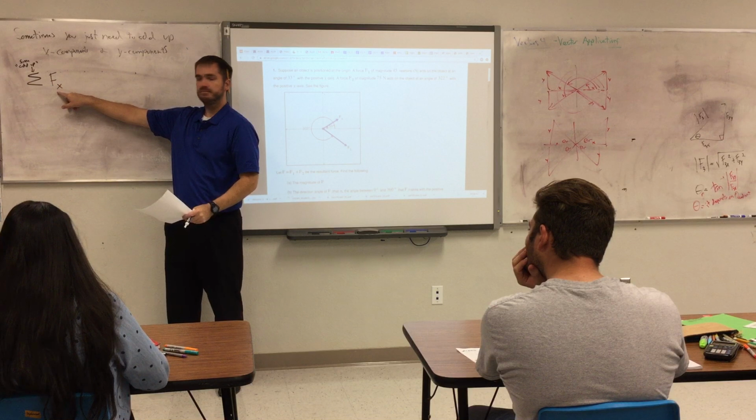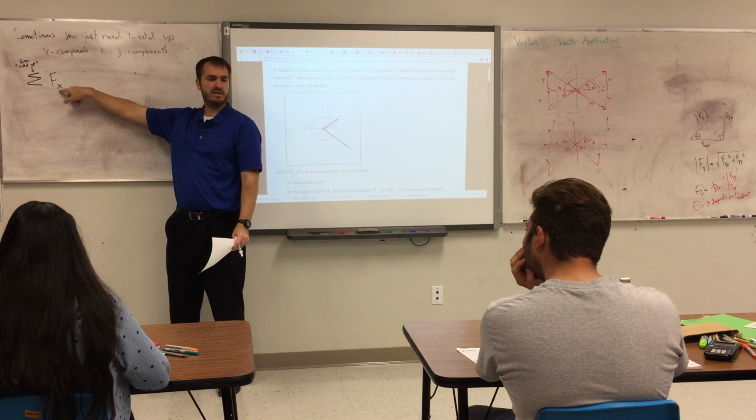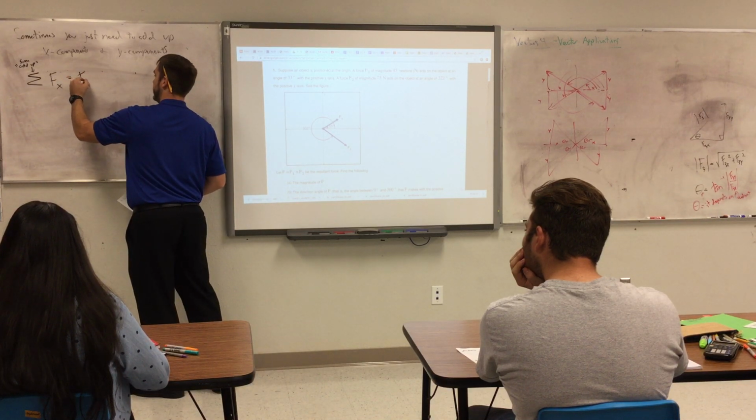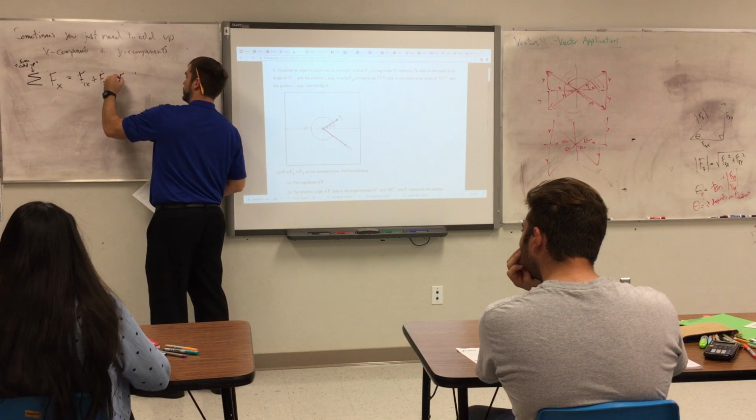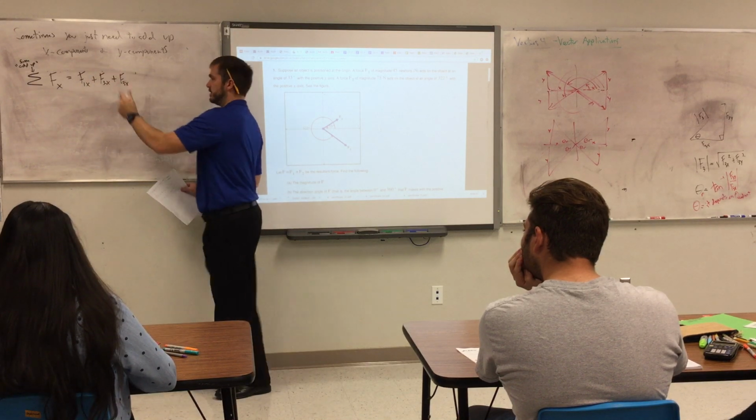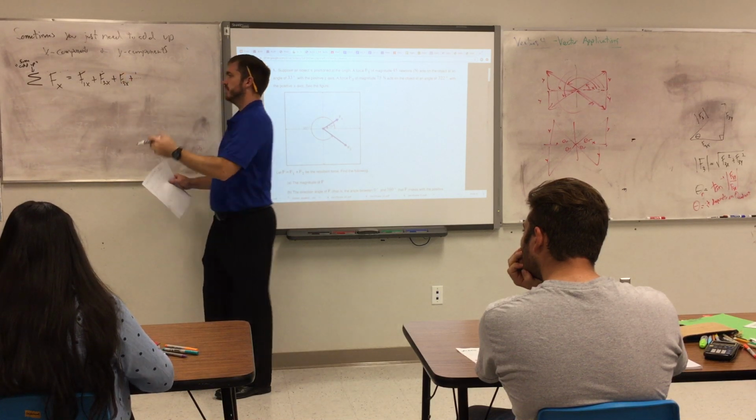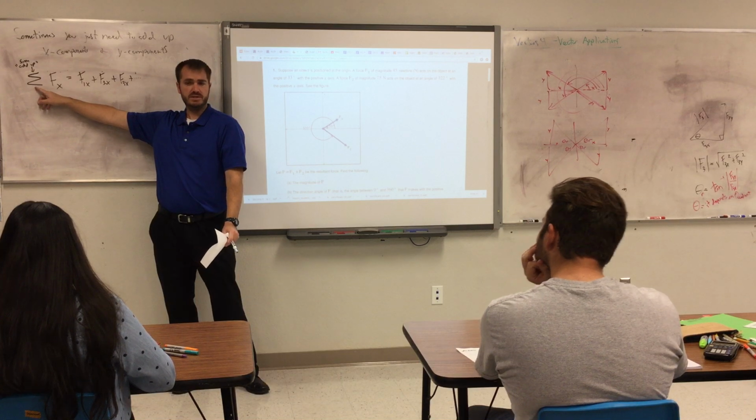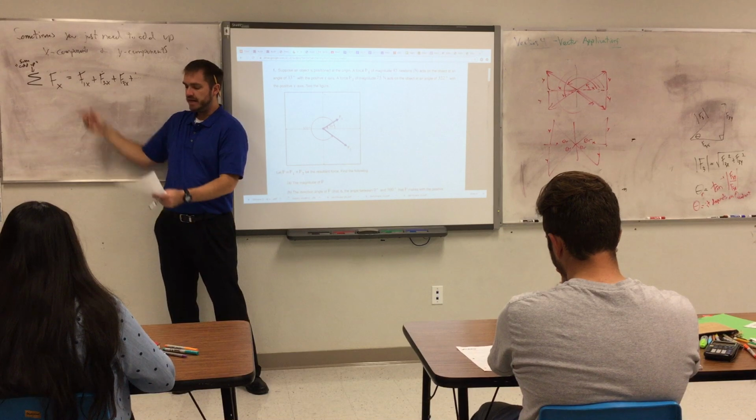Add up all the Fx's, all the x parts, right? So that would be like F1x plus F2x plus F3x, I don't know, maybe it depends on how many vectors we have here, plus dot dot dot. That's what this symbol right here means. It means add them all up. Add up all the x's, okay? So you add them all up,